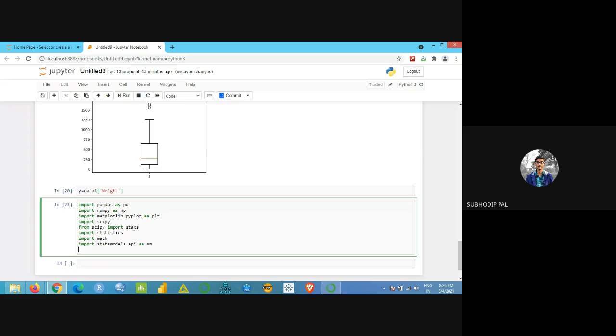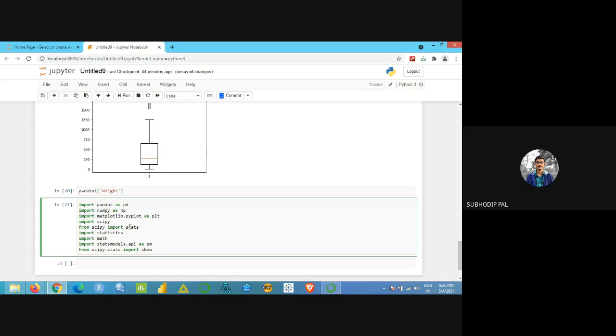Another thing: from scipy.stats import skew, to check the skewness of the data. This is another library that will be imported.